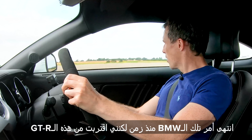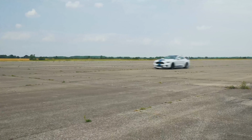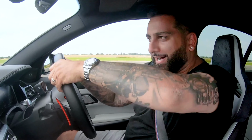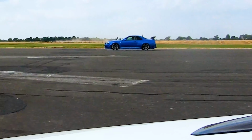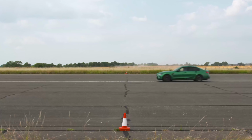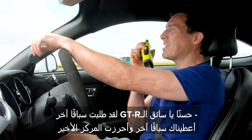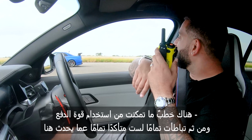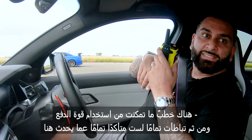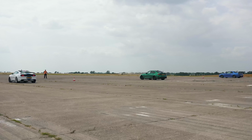That BMW's long gone, but I'm on it for this GT-R. Come on, Mustang! You wanted another run. We gave you another run, and you came last. There's something going on. This had boost and it just hits the wall, so I'm not entirely sure what's going on here. I dropped it out of gear because I don't want to do anything to this car that I can't afford. 3, 2,